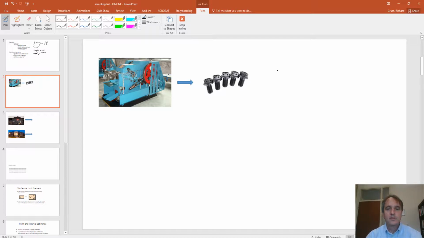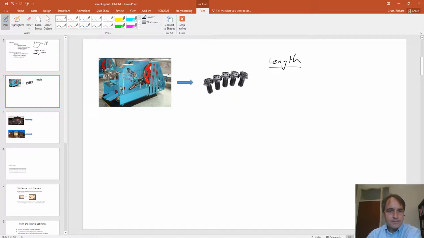Okay, so there are all kinds of attributes that could be of interest, but let's just say for our test we are measuring length, and there's a certain length that these bolts need to be in order to conform to